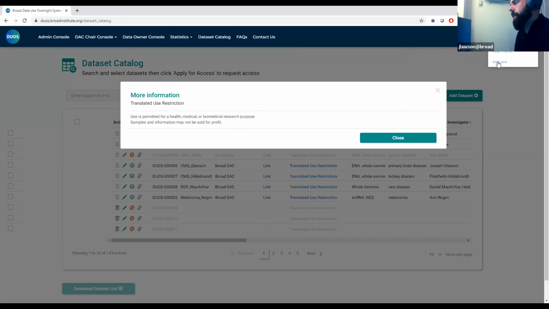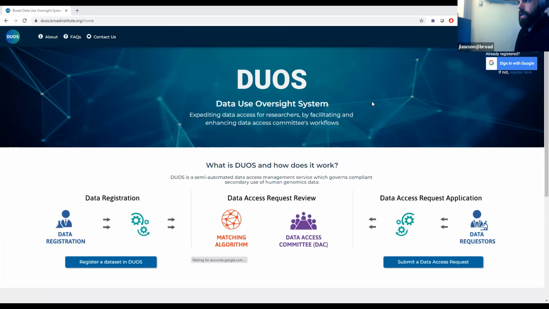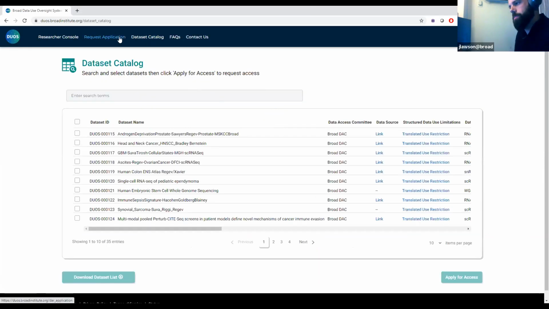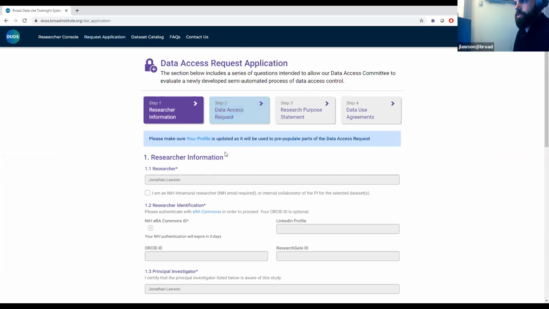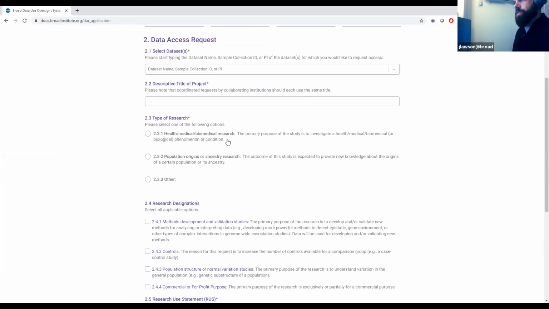And then the other option, as I said, on the other side of this is the data access request application, where researchers go in and are able to submit a request and to describe it in terms of DUO. And just to jump to that page really quickly, you would have selected a data set, filled out some of your personal information on this first page,